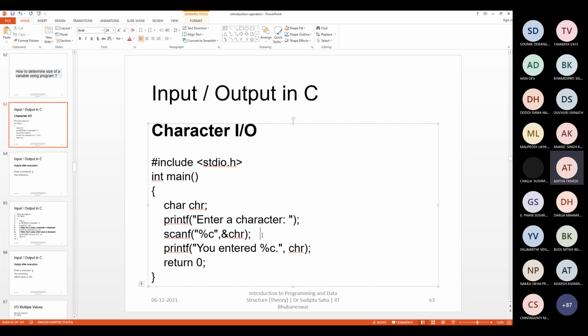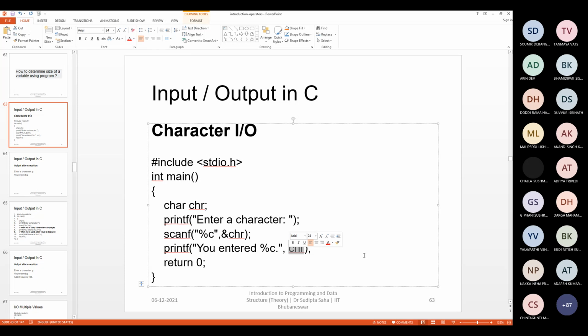In that case you are supposed to type some numerical value. That numerical value will go inside this character variable if the value is not greater than the maximum value that character variables can hold. You can recall character variables have limitations; it's the smallest variable size. So if you provide a value within that limit, things will go correctly inside this character variable, and if you print it using %d, that exact value will come out. Next, if you print using %c, something will come out, but it will not be the same as the value that you entered using %d.